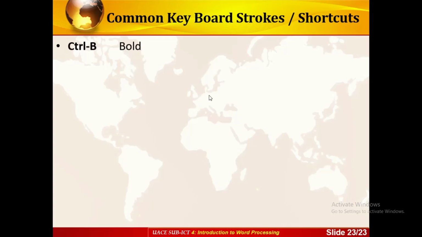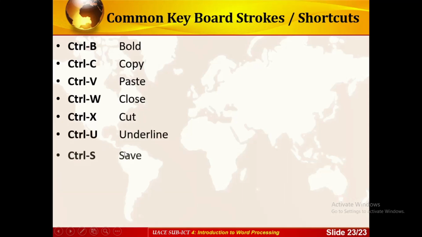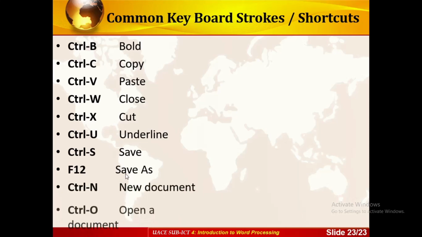These are the common keyboard shortcuts which you must know. Before you do the shortcut, remember that you should know the long cut, or how you can always reach a destination. So these are some of the commonly used shortcuts: Control B, that's bold, Control C, that's copy, Control V, that's paste, Control W, that's close, Control X, that's cut, Control U, that's underline, Control S, that's save, F12, that's save as, Control N if you want to create a new document,